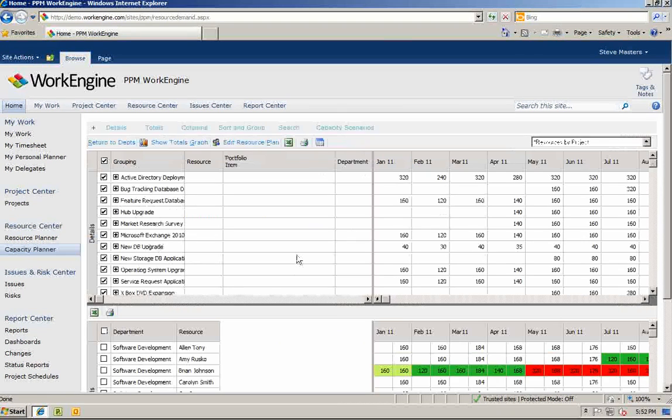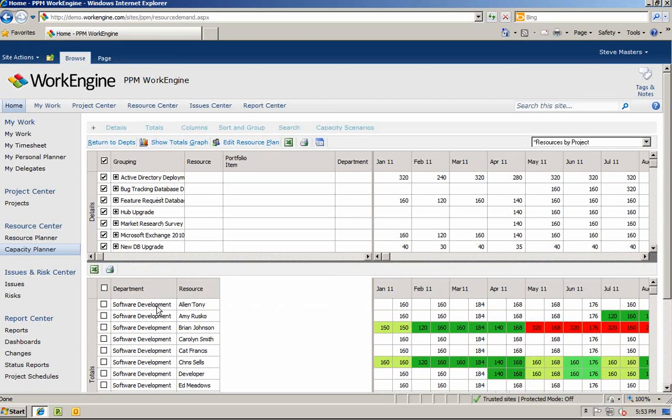In the top section, you can group your team's work by different categories. In this view, you can see all the work assigned to your team by project. In the lower section, you can see all of your resources with both their workload and capacity. You can also select your resources and view a workload versus availability chart by clicking on the Show Totals Graph